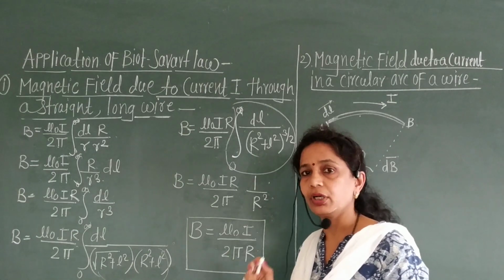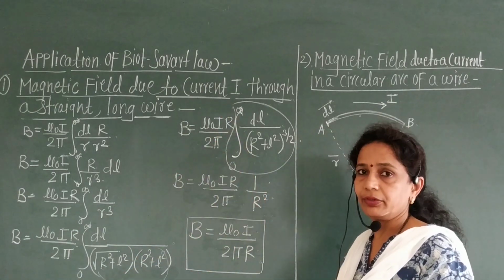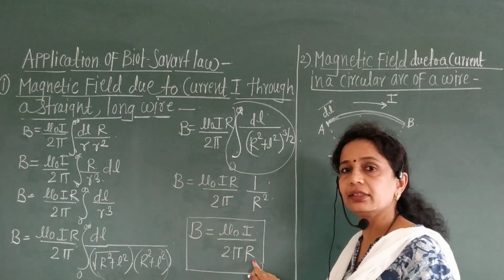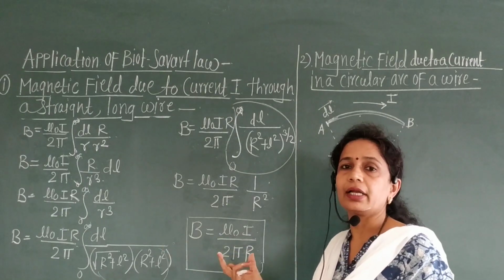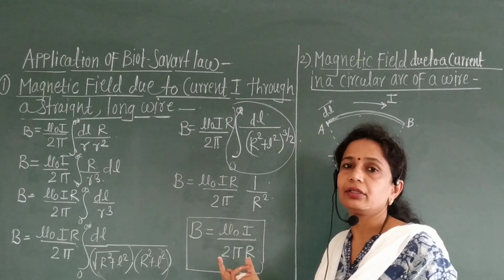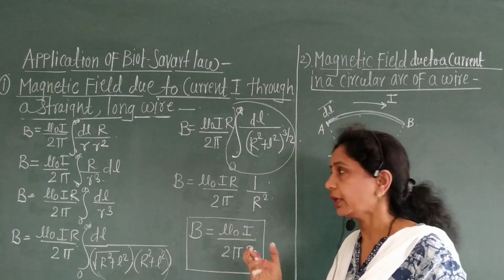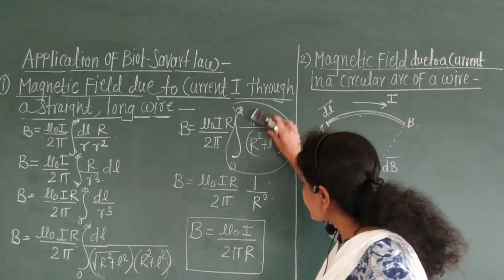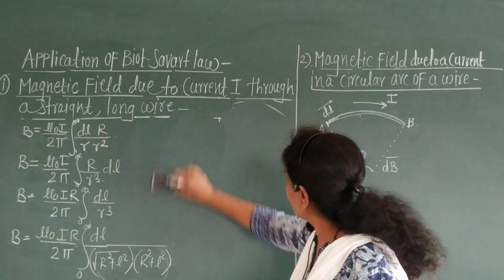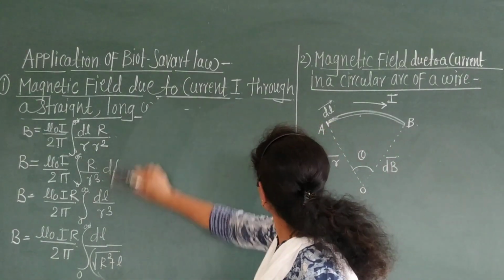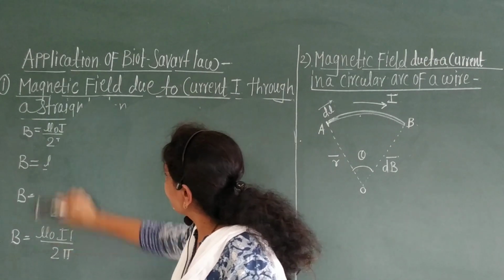Current flowing through that long infinite wire, and r is the distance between that wire and the point P. Okay. Now, the next application of the Biot-Savart law is magnetic field